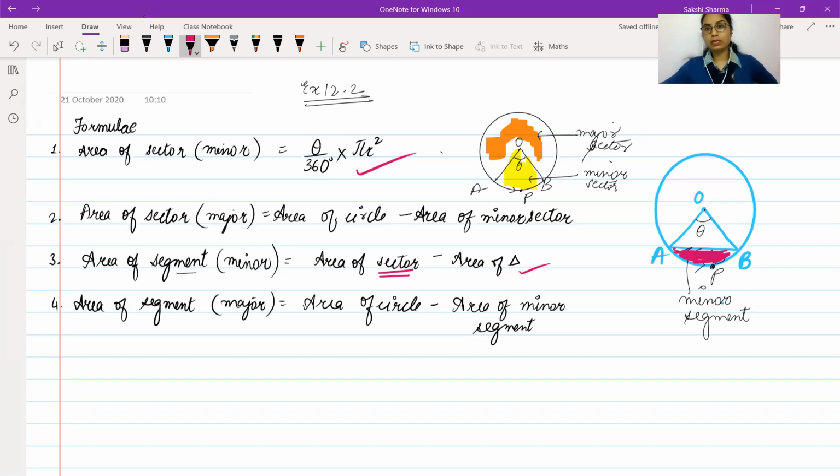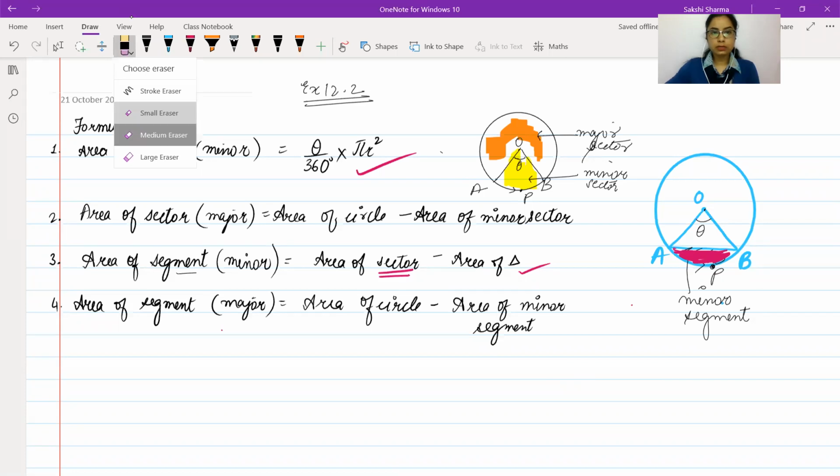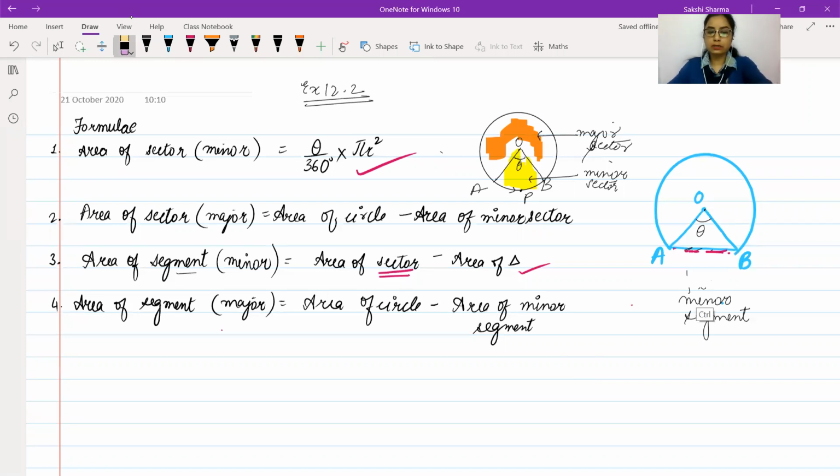Similarly, if we want to find out the area of the major segment, we will not calculate it all over again. What we will do is we will just find out the area of the whole circle. उसमें से ये जो kind of red colored है shaded area which represents area of the minor segment, इस area को delete कर देंगे, subtract कर देंगे, and then we will have the area of the remaining part. So if I just remove the area from the total circle, let's see, if I just take away this portion, this is your major segment. If I take away the minor segment from the complete circle.